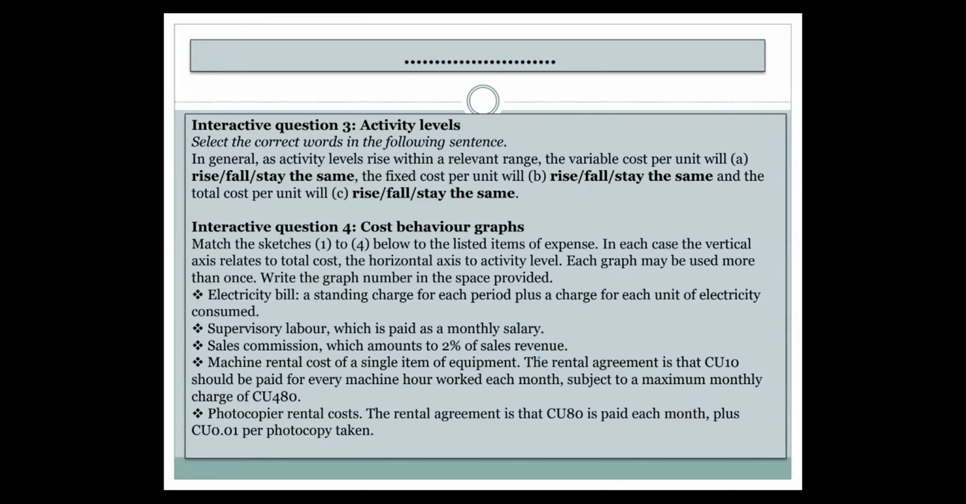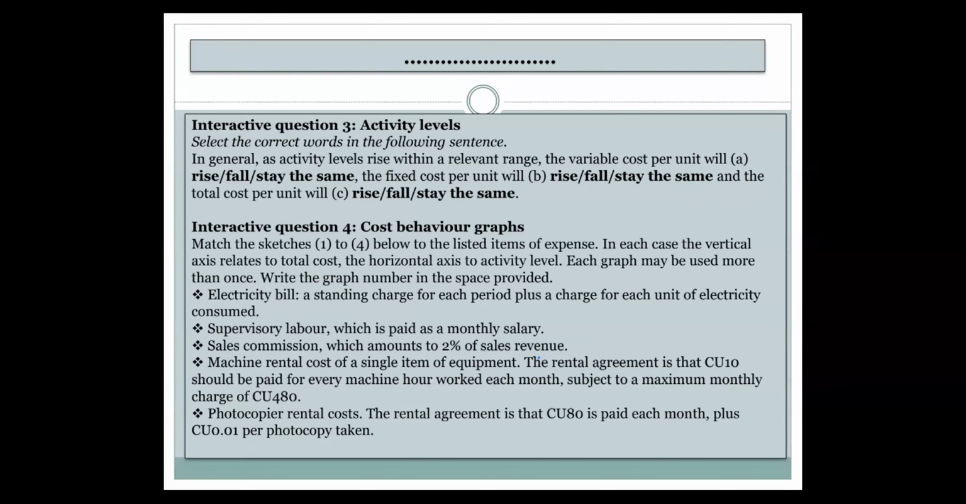In general, as activity level rises within a relevant range, এটা হচ্ছে পয়েন্ট। রেলিভেন্ট রেঞ্জের সম্পর্কটা কার সাথে আসলে? Fixed cost. But our first question is about variable cost per unit, right? So relevant range-এর activity level বাড়লো কমলো, তার সাথে কি variable cost-এর কোনো সম্পর্ক আছে? না স্যার। As we know, variable cost per unit always fixed, না? জি স্যার।